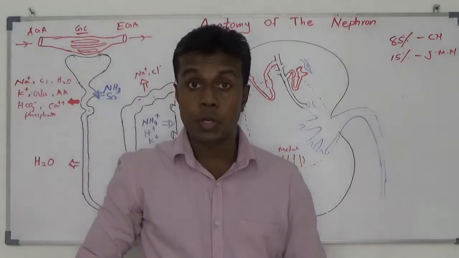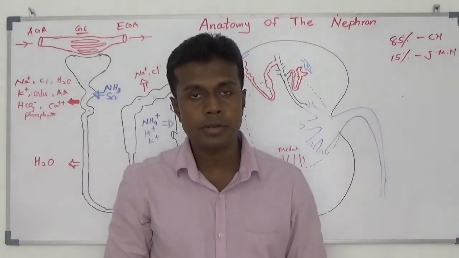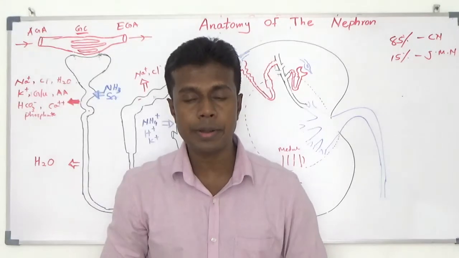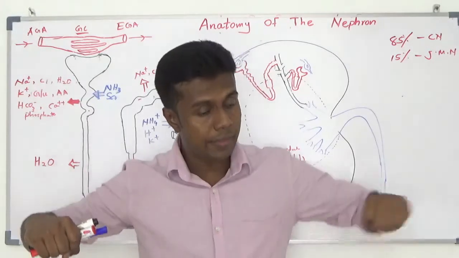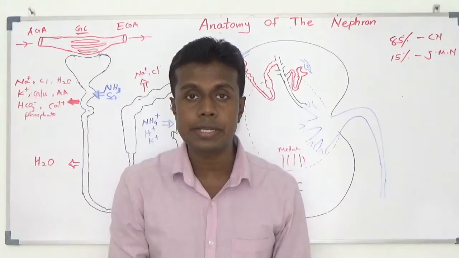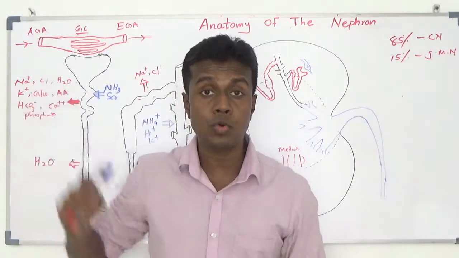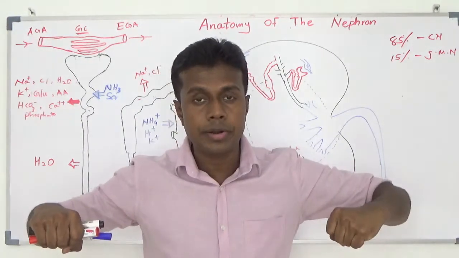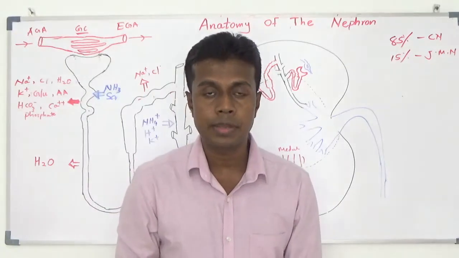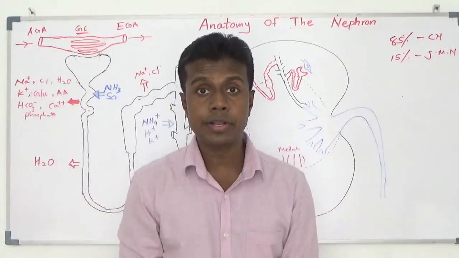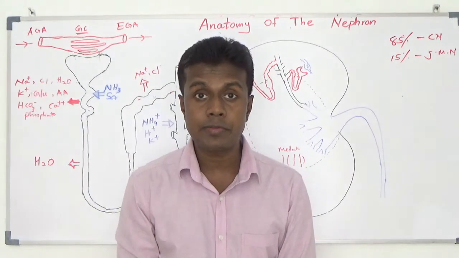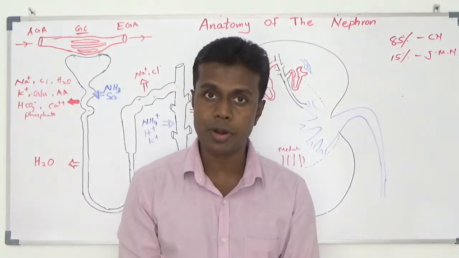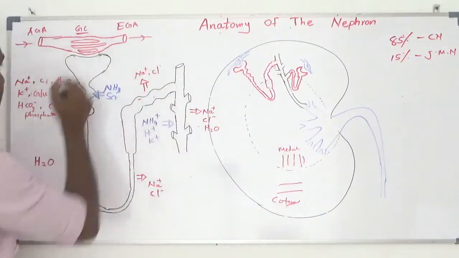Glomerular capillaries have very high pressure. How? They are in between two arteries. In other capillary beds, one end contains arteries and the other end contains venules. But with glomerular capillaries, this end is the afferent arteriole and this end is the efferent arteriole, with the capillaries in between two arteries. Because of that, they contain very high pressure. The highest capillary pressure in your body belongs to the glomerular capillaries.